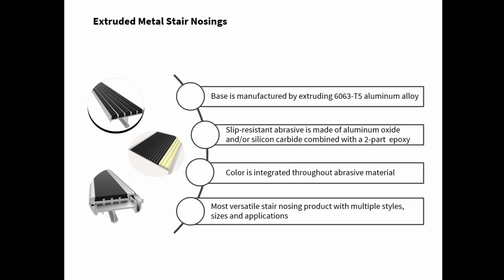With the extruded metal stair nosings that we've really been focusing on here, the extruded aluminum base is made out of 6063 T5 aluminum. It also has a slip resistant abrasive that has a combination of aluminum oxide or silicon carbide, and it's bound together with a two-part epoxy. And it's important to note that this two-part epoxy that's mixed with the abrasives, the aluminum oxide and silicon carbide, is not glued into the channels. The channels are actually formed in such a way to prevent it from coming out. Nothing about epoxy glues it down. It's the shape and function of the extruded aluminum that allows it to sit in there